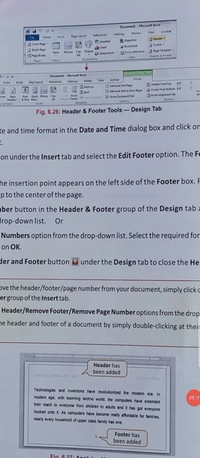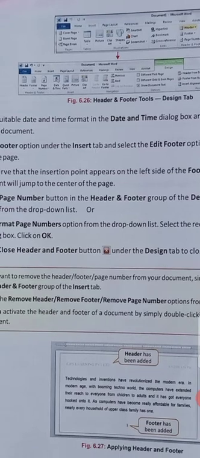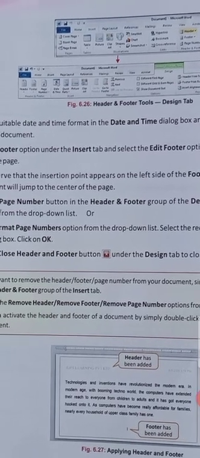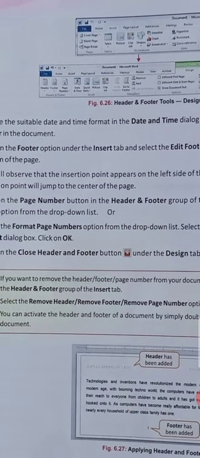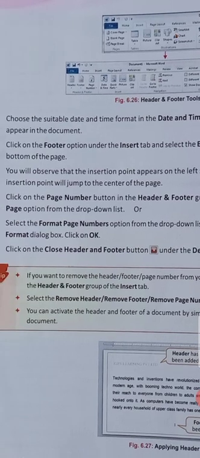In the upper box we have a header. We need to click Insert, then Header. It will show you size, you need to give it, and after that you need to apply it. Same in the footer also, you need to click on the same thing. If you want to give date and time, or if you want to give page number, you need to click on Footer. I already told you page number comes at the last, and write a name. So you need to click on this, and after that apply.